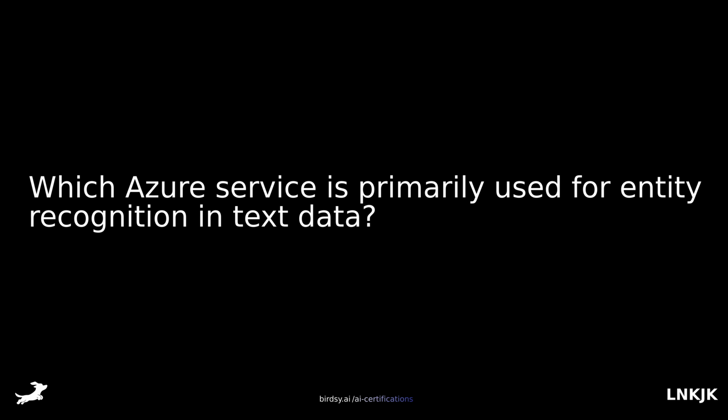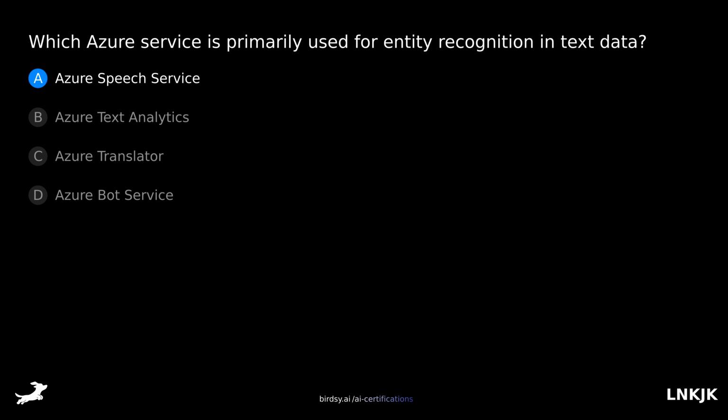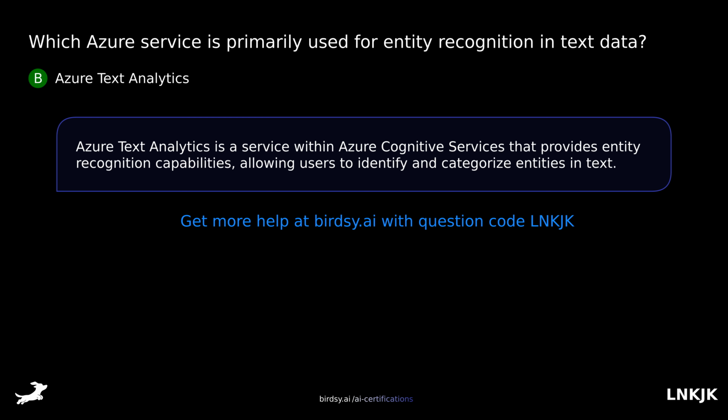Which Azure service is primarily used for entity recognition in text data? Is it A, Azure Speech Service, B, Azure Text Analytics, C, Azure Translator, or D, Azure Bot Service? The answer is B, Azure Text Analytics. Azure Text Analytics is a service within Azure Cognitive Services that provides entity recognition capabilities, allowing users to identify and